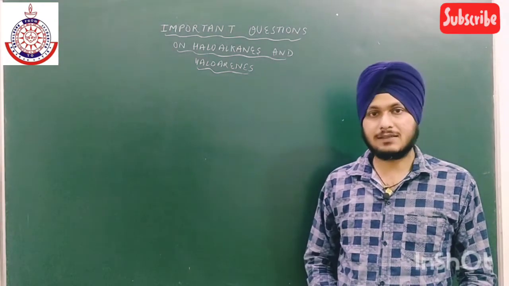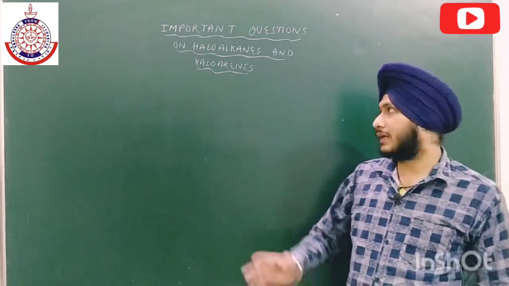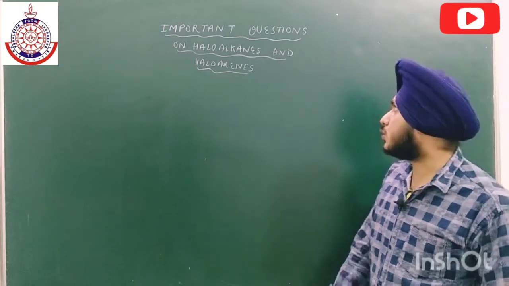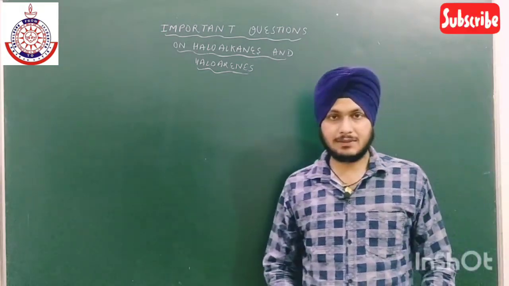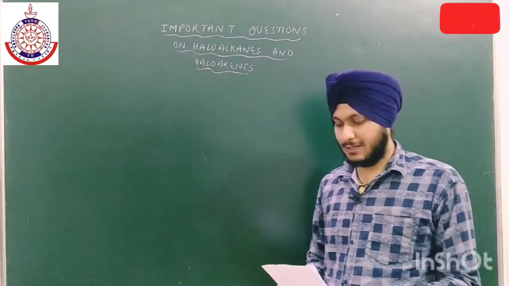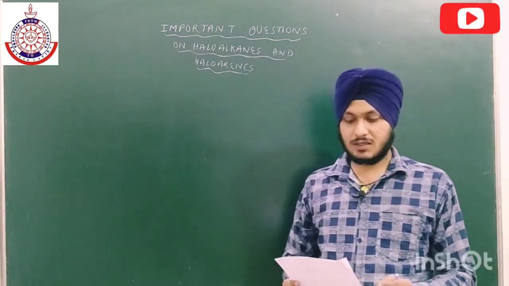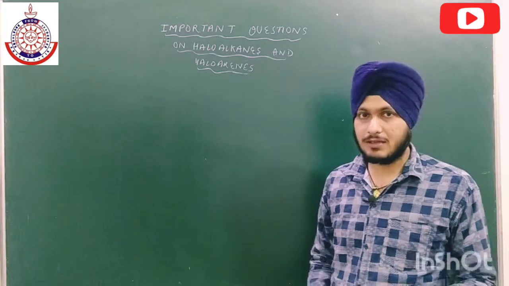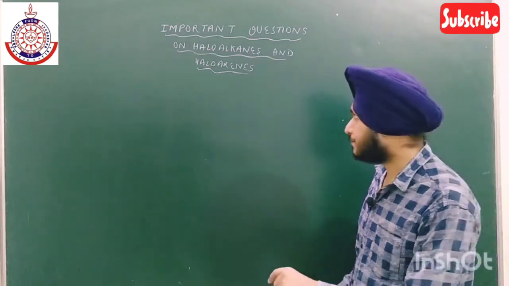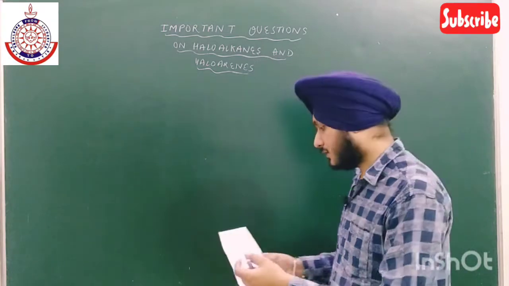We have already completed our chapter, that is haloalkanes and haloarenes. So let us discuss some very important questions related to this chapter. The first question is, in the following pair of halogen compounds, which is faster undergoing the SN2 reaction? We have already discussed the SN1 and SN2 reactions. So the compounds are,